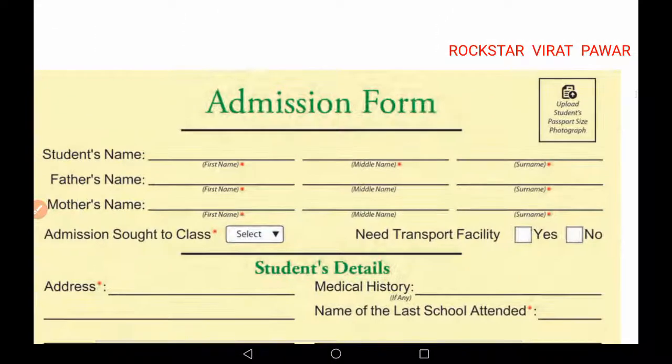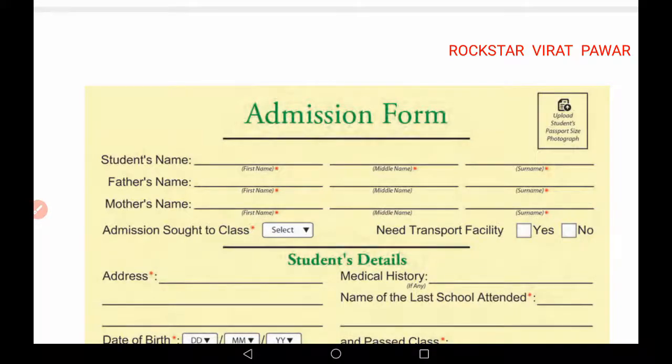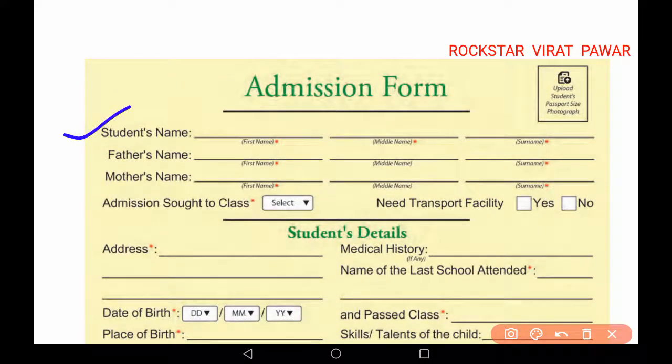See, here is one admission form. How to fill that admission form we will see here. In this admission form, we have to upload a student passport size photograph. In this image, by clicking this emoji, you can upload your photographs here, or if you are filling it in the offline process, you can paste your photograph here. Then student name is required, student first name, then middle name and the surname.